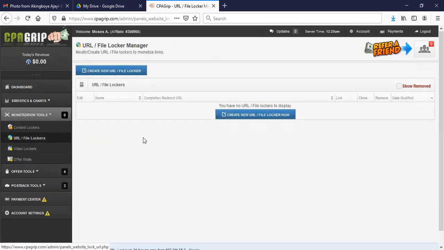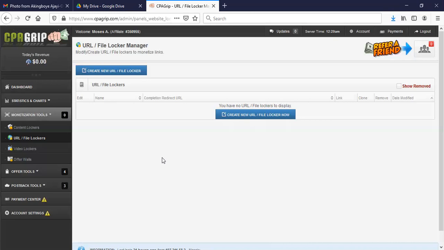So what we are trying to do here is, the ebook is already available on our Google Drive, but we want to lock that ebook or video. We want to lock it. Don't forget, each material you have on your Google Drive has a URL. So what you want to do is to lock it. The goal is that when we lock it and we list it on some platforms that I'll be showing us, many people will be interested in reading that ebook or watching that video because you said it is free. They will want to watch it.